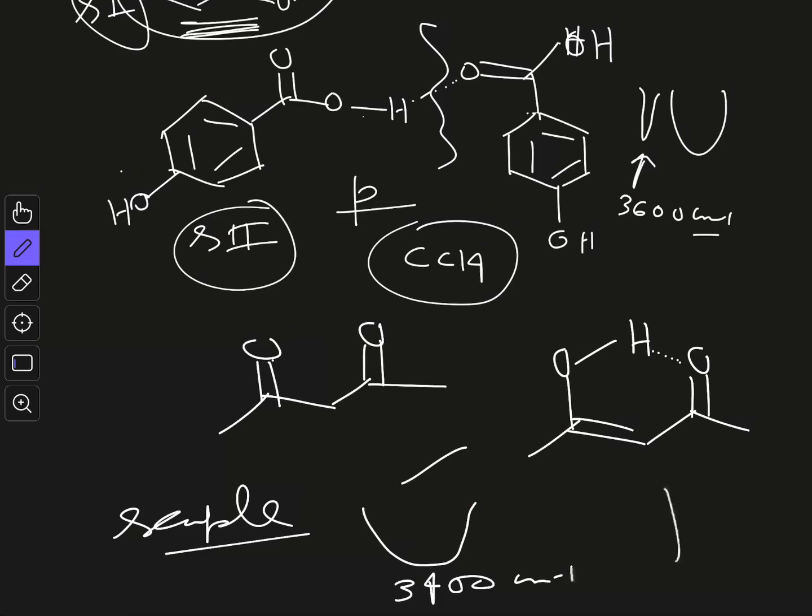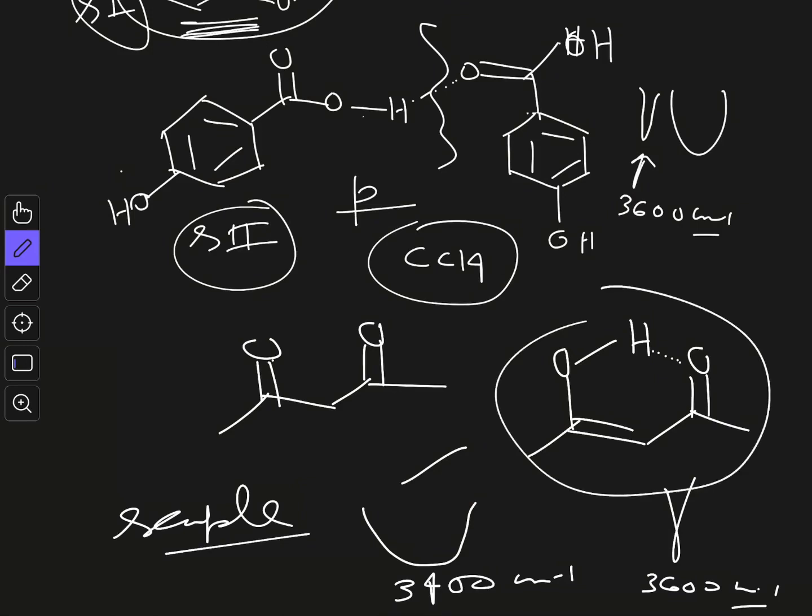But if it shows a strong peak at 3600 centimeter inverse, your compound shows only keto component and no enol content. And again, this is intramolecular hydrogen bonding, so with solvent effect you cannot disrupt the hydrogen bonding, and that's why your broad band will be persistent. So this is the overall thing of IR spectroscopy. Through these two videos I summarized and discussed all the important aspects of IR spectroscopy.